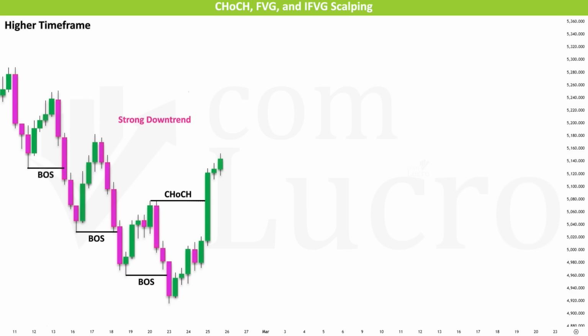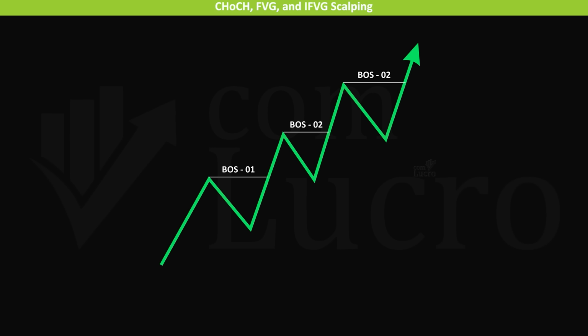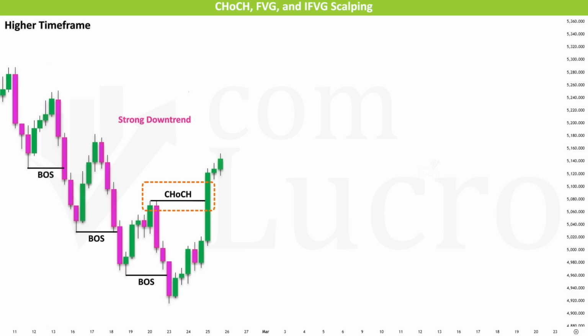In a bullish scenario, start by identifying a strong downtrend. To confirm that downtrend, price should form at least 3 consecutive bearish breaks of structure. On the other hand, to confirm a strong uptrend, price needs to form 3 consecutive bullish breaks of structure. Once that is clearly marked manually on the chart, the next step is to look for a higher time frame